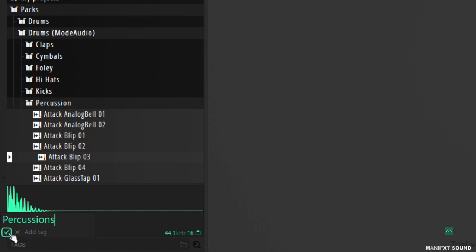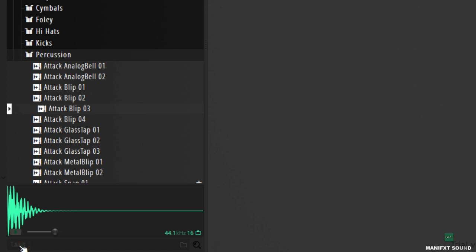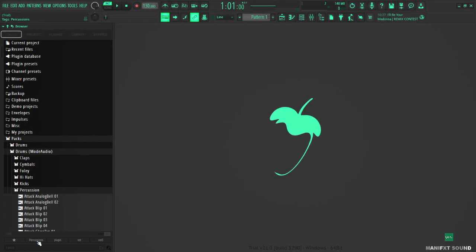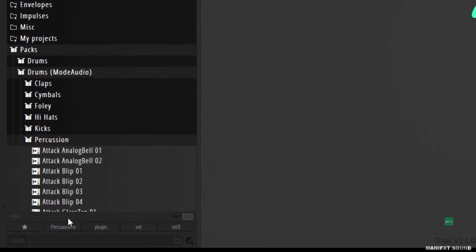Then you press enter. What this basically does is that it automatically creates a percussion tag to this part, which allows you to access your samples seamlessly the way you have arranged them. So having done that, you can see that we now have a percussion tag here, and what that means is